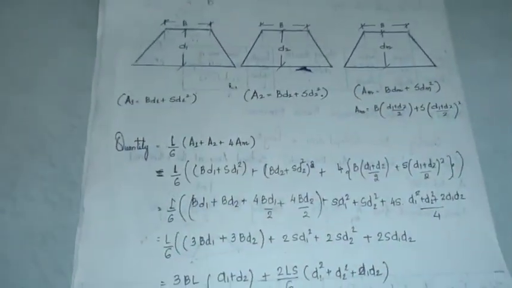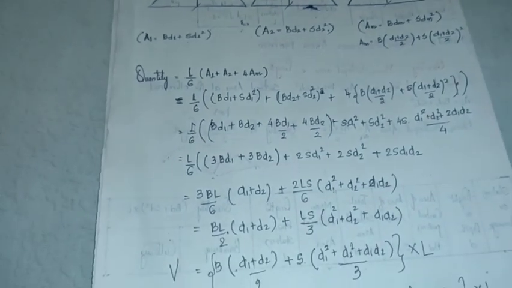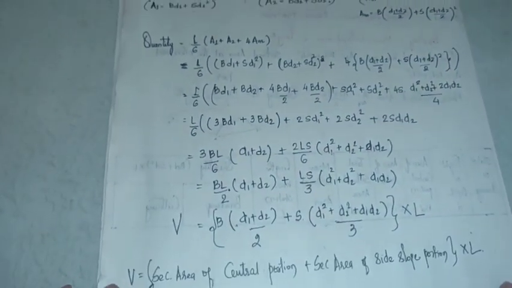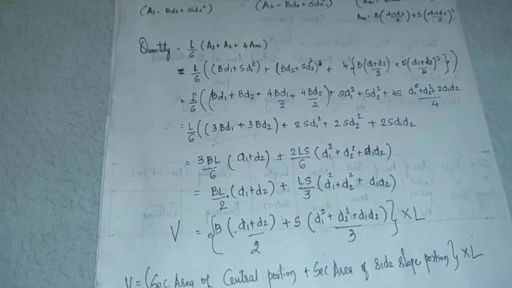The tabulation column I'll take directly when I'm solving the problem. So these are the 3 methods of calculating the earthwork. Hope you followed this part. In the next part I'll come up with examples which will give you a clear understanding of the 3 methods. I hope you have no doubts with this. If you have any doubts related to this, you are free to ask questions. Thank you very much.